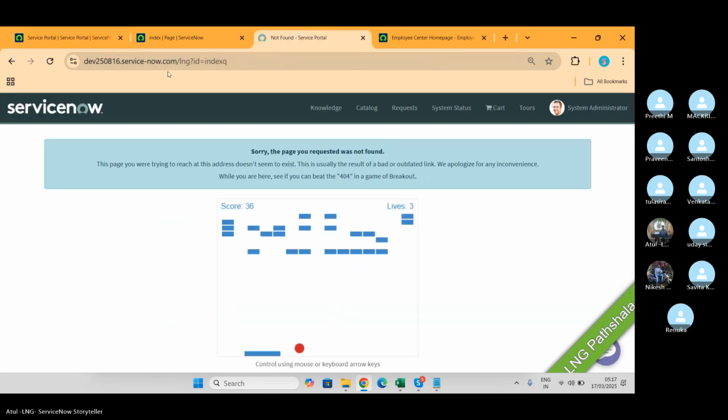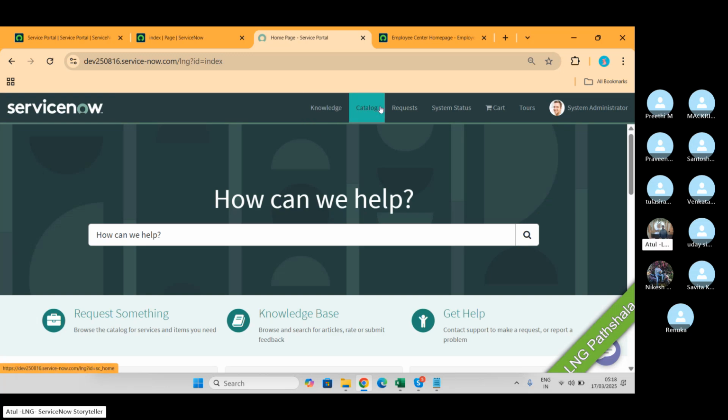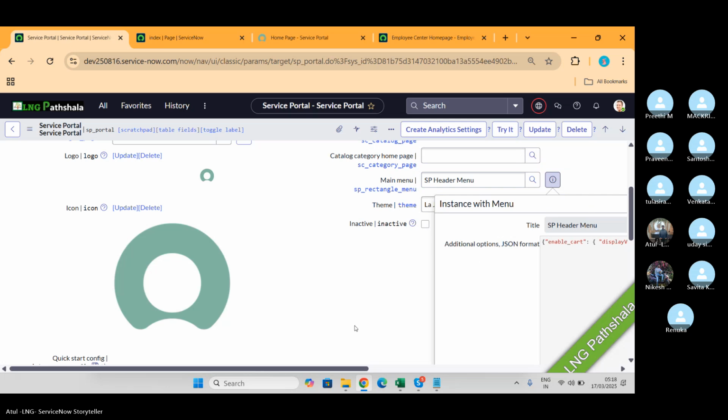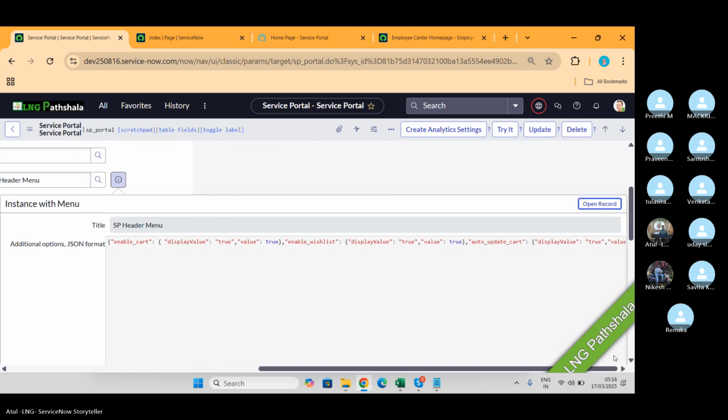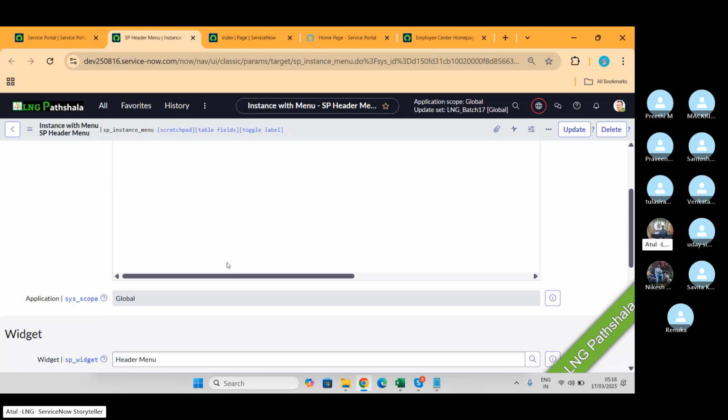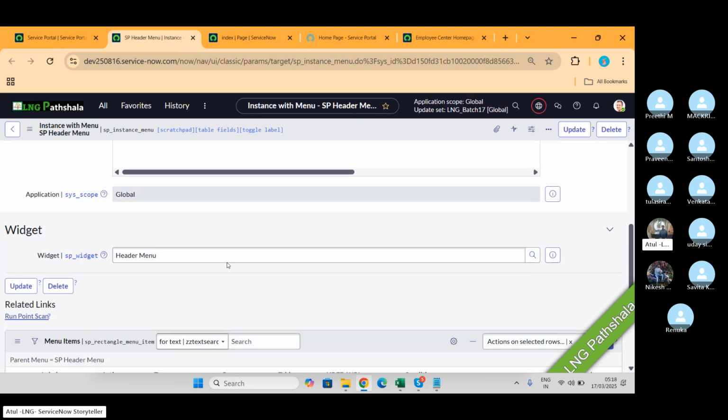Now if you go back again here, this menu has been defined under the menu page called SP header menu. These all are pages. Open. This is all pages. JSON, HTML, CSS, widgets, everything has been used here.